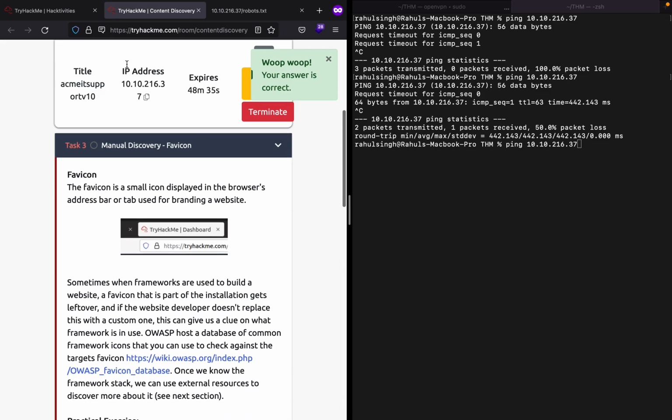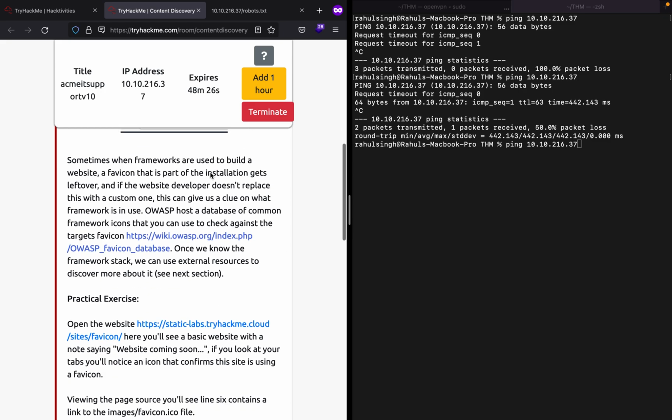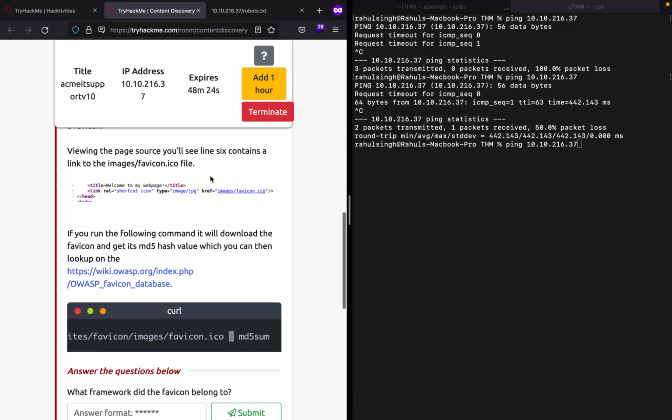The next thing they're talking about is called a favicon. Generally a favicon is the logo or the image that gets displayed right over here. So this is where you come to know what the website is. But oftentimes developers just use a framework and forget to change the favicon. Now this could be a problem, because even if the developer hides or obfuscates everything, if he forgets this part of the website, things get pretty tricky.